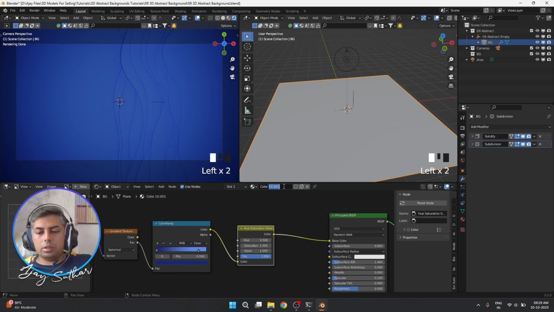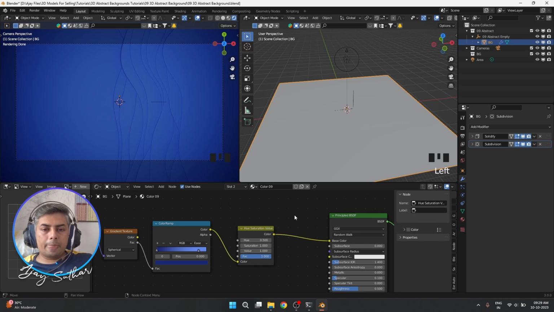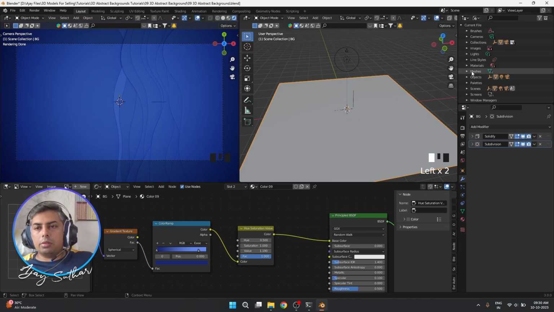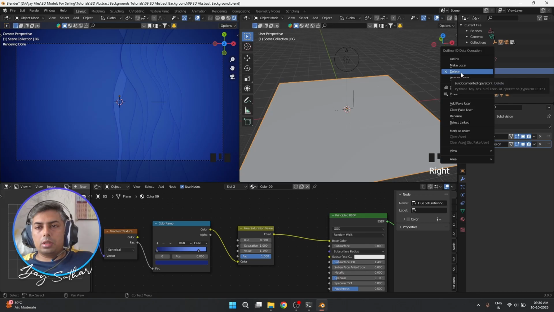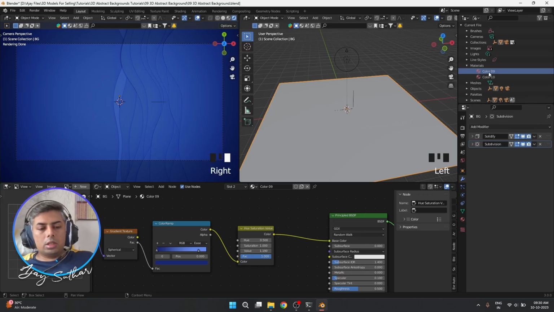Let's have it 09, and let's change a little, shift and value. Great. So now what I will be doing, I will say go to material, let's remove this BG, Control C,